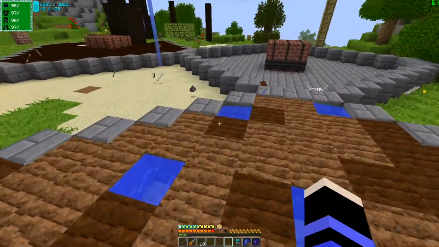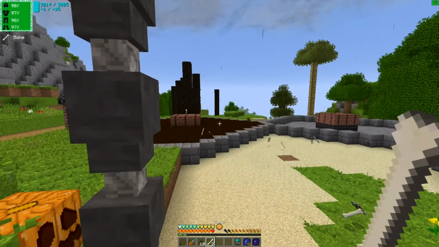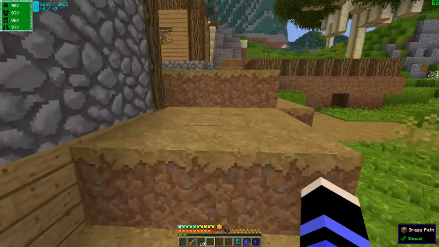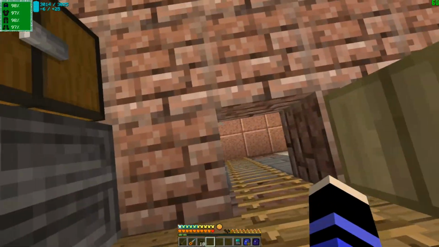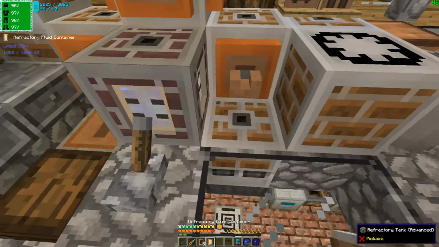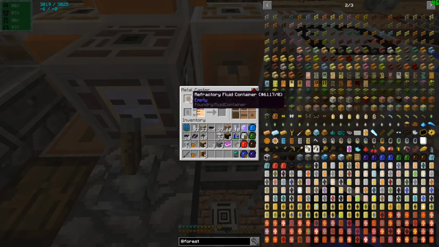So when those grow, they're going to be harvested, and the farm is going to output wheat and seeds. And to start, we're going to put the seeds back into the farm, of course. So what we're going to want is a couple of hoppers, one of which is going to be a filtered hopper, similar to how I set up the first farm. And it's going to pull seeds out of the loop